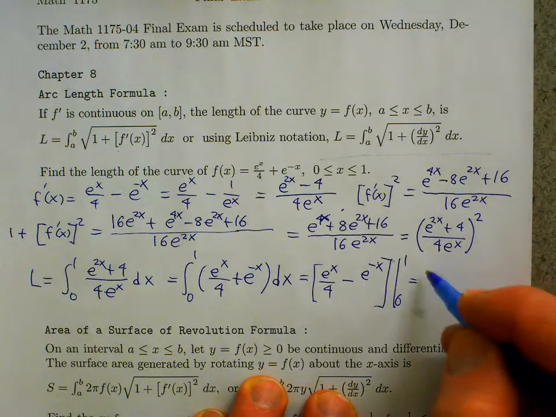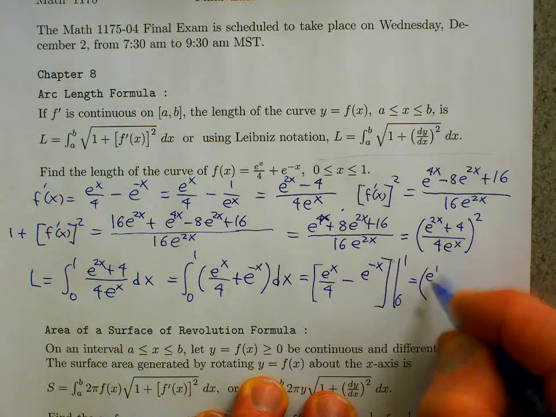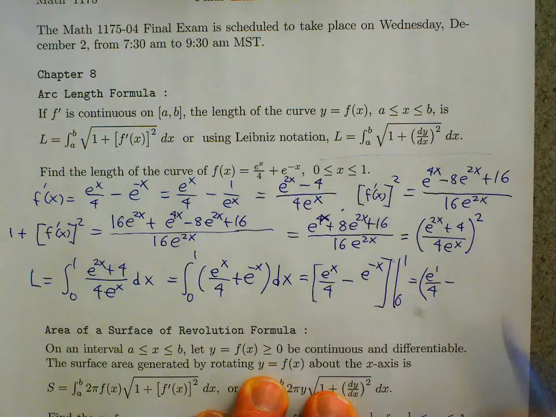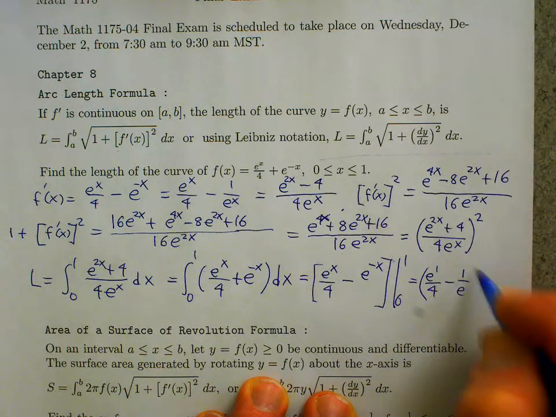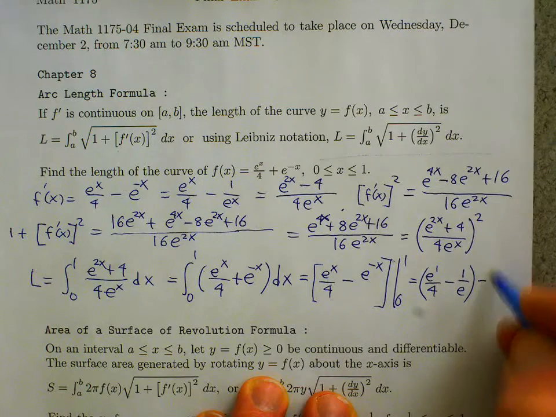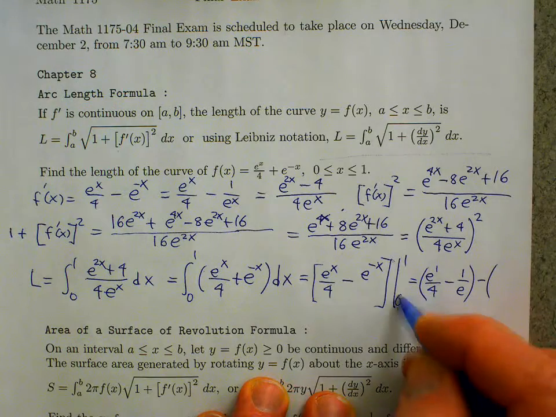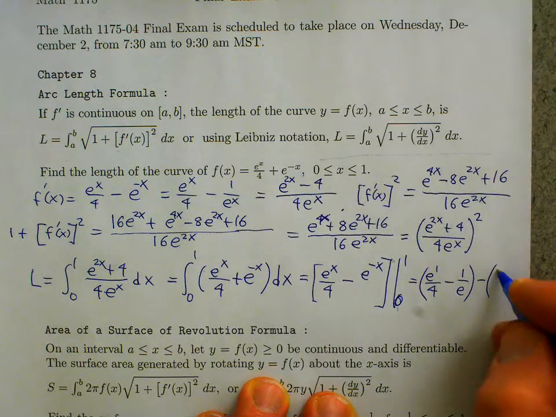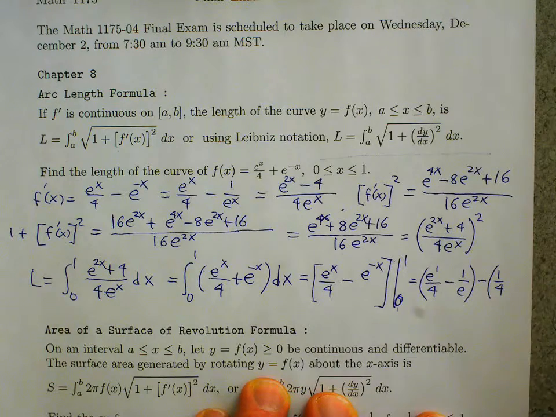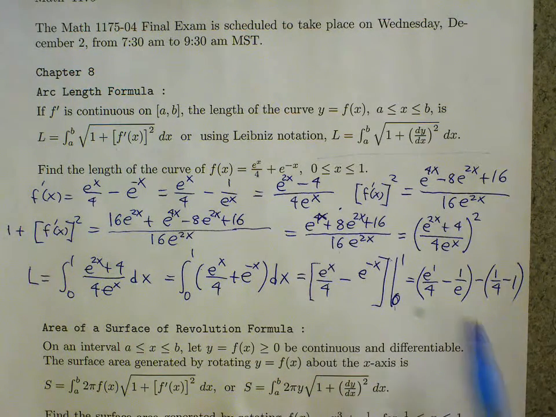So when x is 1, e to the first over 4 minus e to the negative 1, which is minus 1 over e. And then when x is 0, e to the 0 is 1, so this is minus 1/4 minus 1. So kind of a goofy looking answer, but